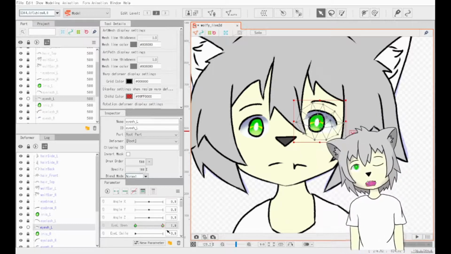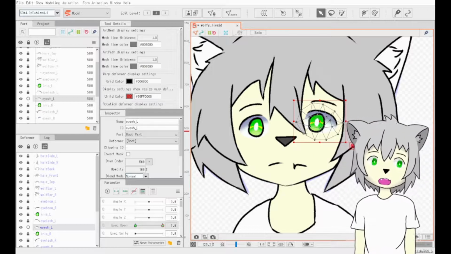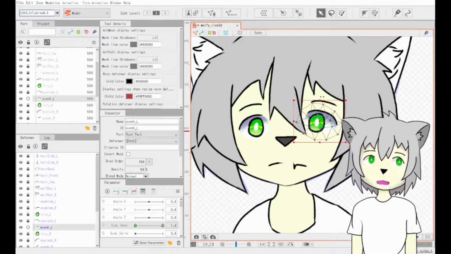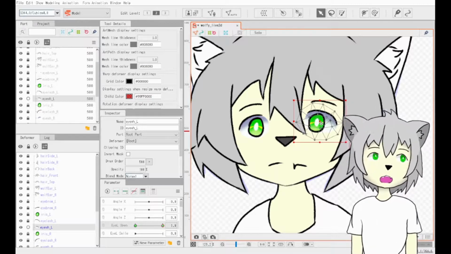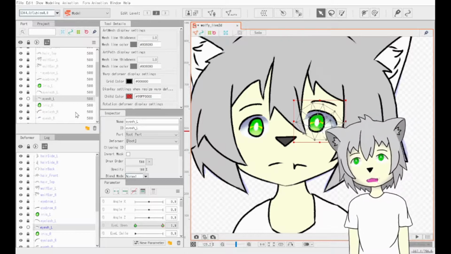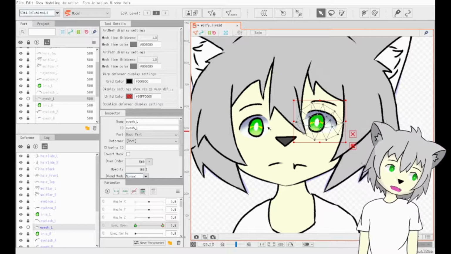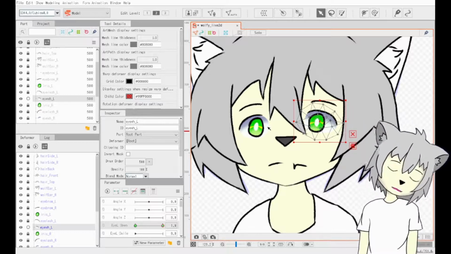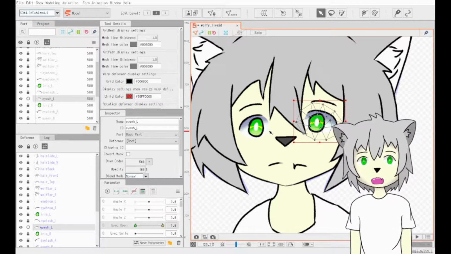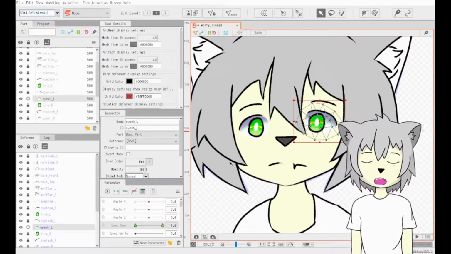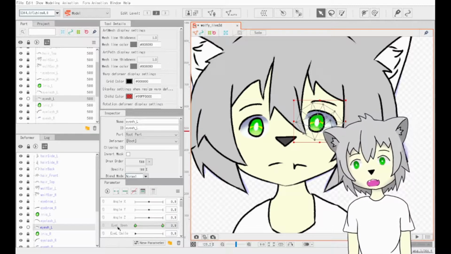This is what the parameters do. Essentially, they change the position, the art mesh and its vertices and all that, so it automatically does the movement for you. You just gotta move all the parts around and get them to shape the right way. So like if I wanted to do the eye open and eye close, essentially I want to do that,